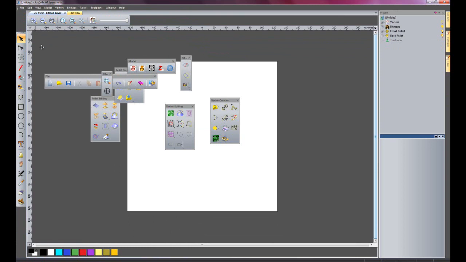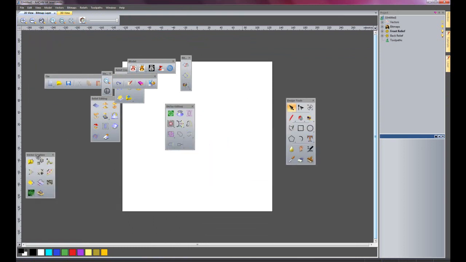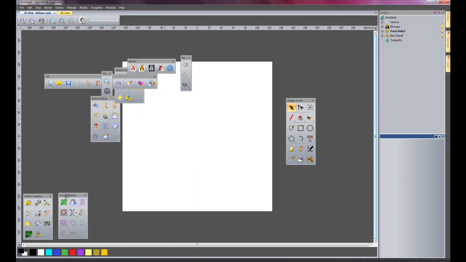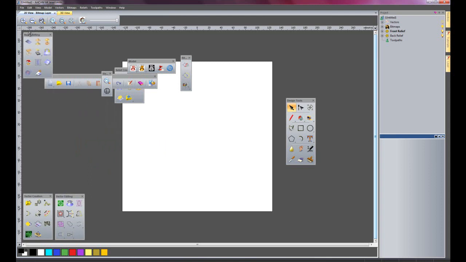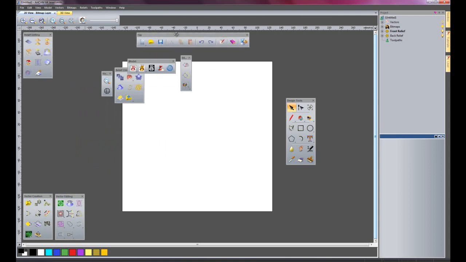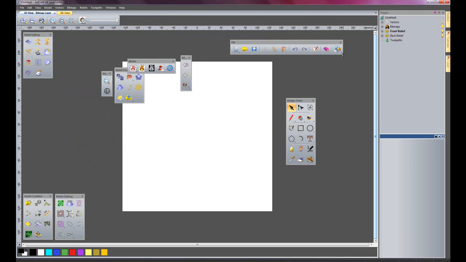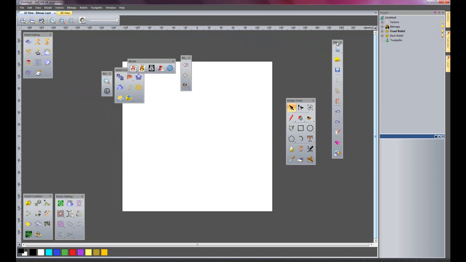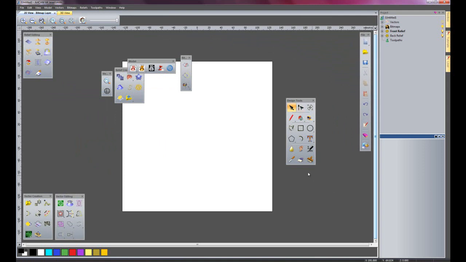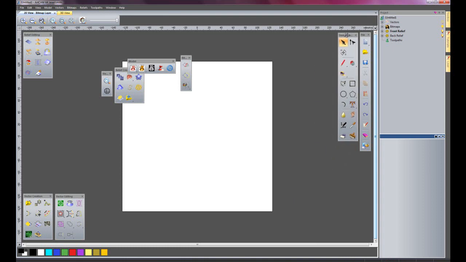Just move them all over, and I'll put vector creation down here, vector editing next to it, and relief editing I'll put that at the top. Put this going down the side here, and this particular one I'll have that going down the side for the design tools. The bitmaps, put that at the side there, and also the models,